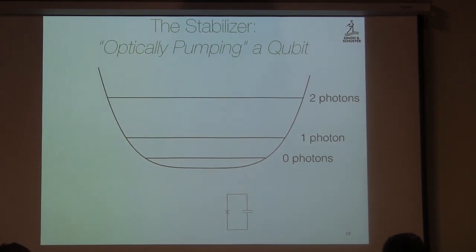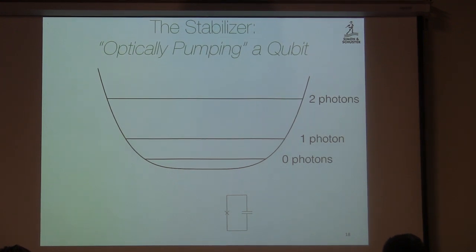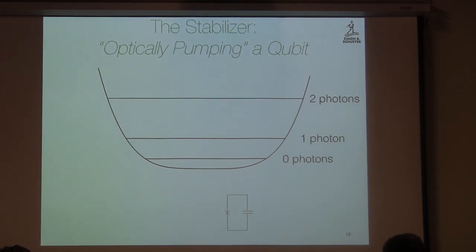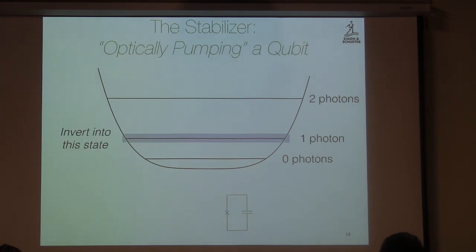Unfortunately, these transmons are pretty well behaved, which means that the 2 photon state basically only decays twice as fast as the 1 photon state. So how do we make it decay faster? Well, this is the beauty of quantum circuits. Literally, all I need to do is couple this transmon qubit up to a resonator, which is resonant with the 2-to-1 transition, but low Q.